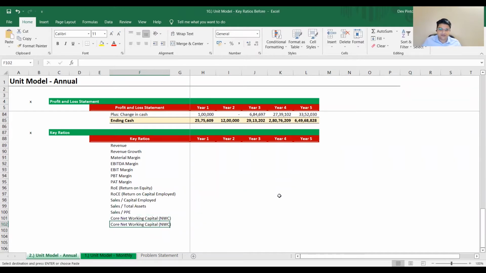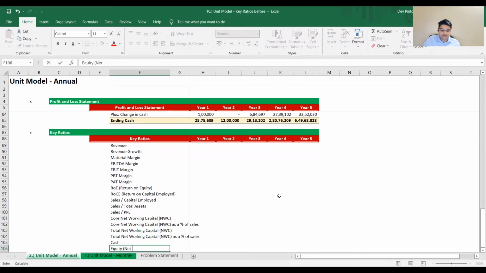Next, NWC as a percentage of sales, total net working capital, same thing, total net working capital to sales, cash, equity, which is nothing but net worth,